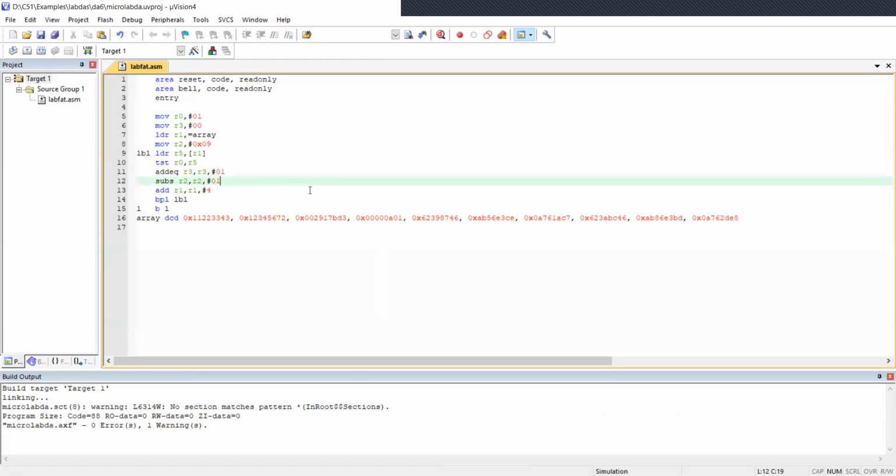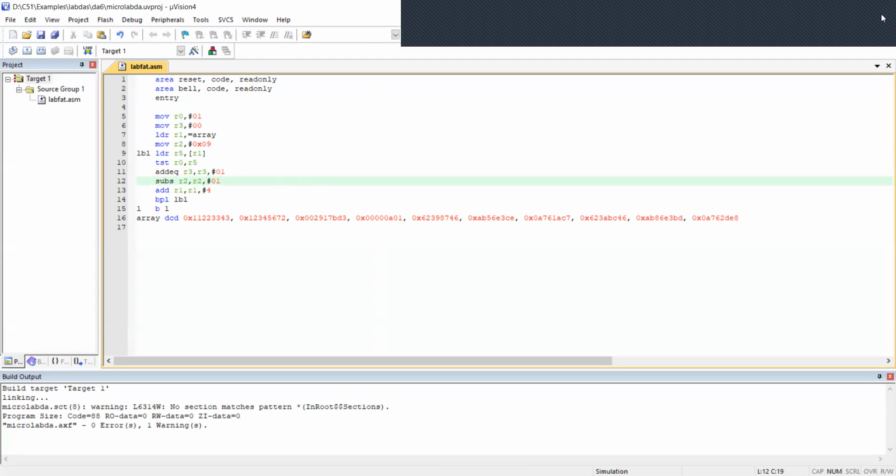to 0 if the remainder is 1, and to 1 otherwise. In step 4, we add 1 to register R3 if we find it was an even number, else we move to the next step. In step 5, we subtract 1 from the counter register R2. In step 7, we add 4 to R1 to get the next address of an element in the array. In step 8, we loop back to step 2 until R2 becomes 0. Now we execute the program.